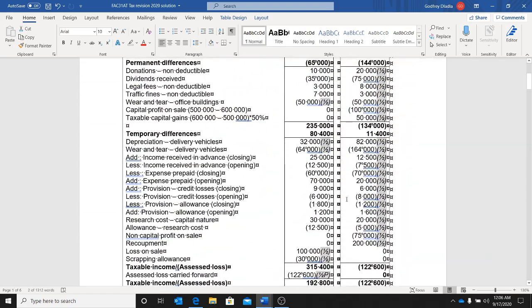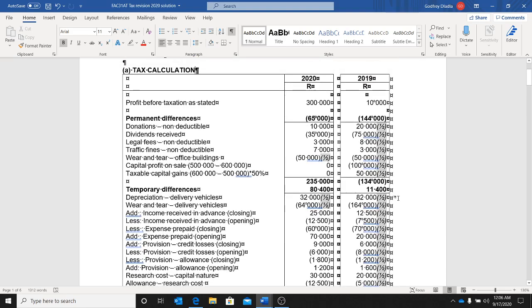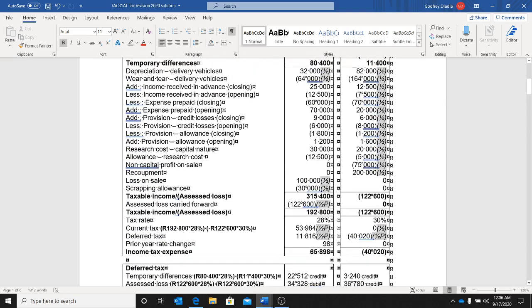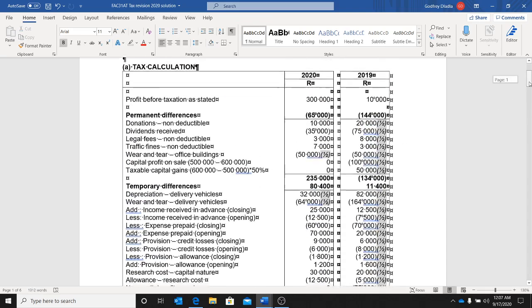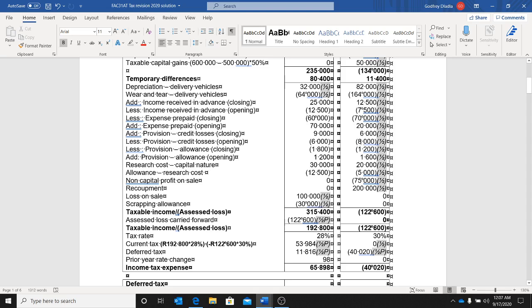Right. 8, this one. But if you push it to 2018, this 8,000, remember, if it is opening here, it was closing last year. So you change the sign, it becomes positive 8,000. This one is opening, it was closing last year, it becomes a minus. Now, if you take the positive 8 minus 1.6, it gives a positive 6.4. And that positive 6.4 is deductible because